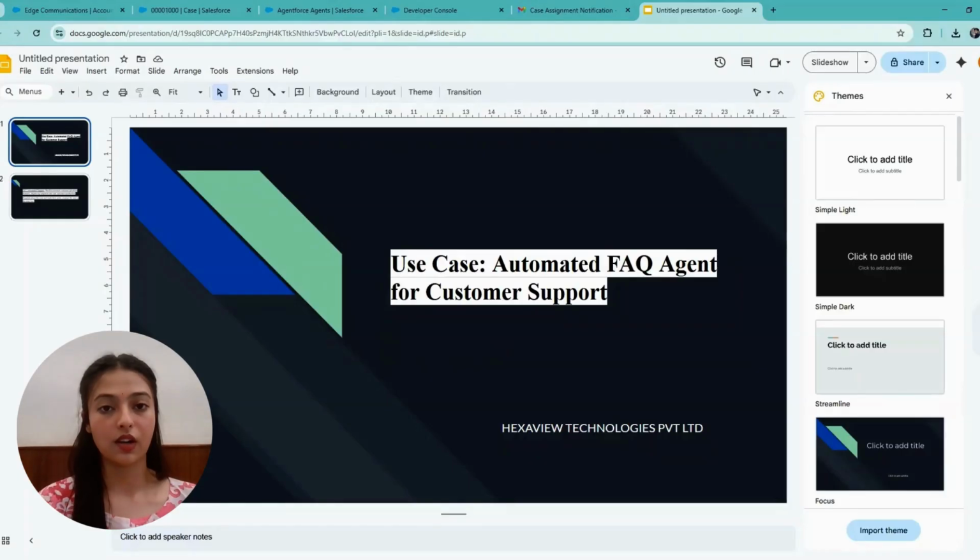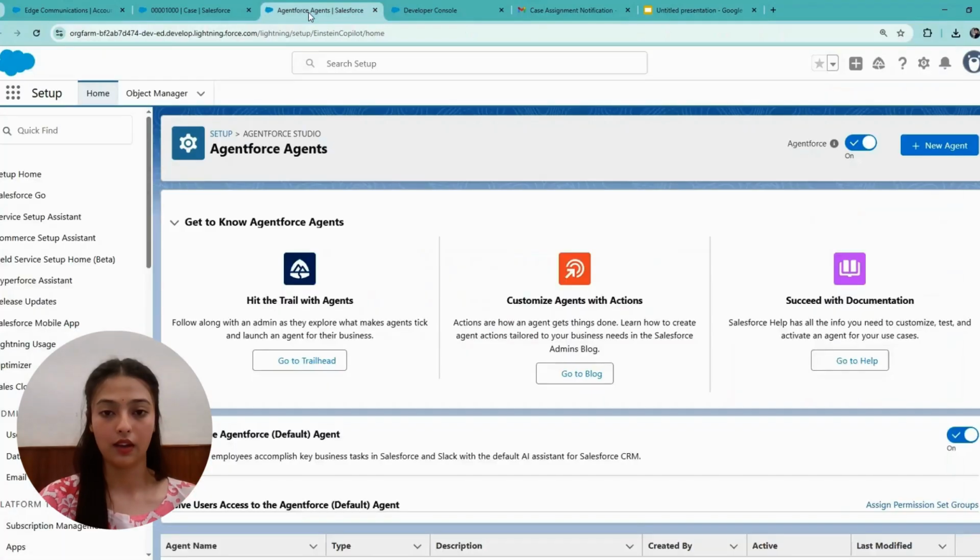Now, in this order tracking system, if someone places an order online or elsewhere, they can check the status of their order using this specific Salesforce agent. It shows where the product is currently located and whom they need to contact in order to receive it. This information is easily accessible through our Salesforce agent. Now let's have a quick look at that.